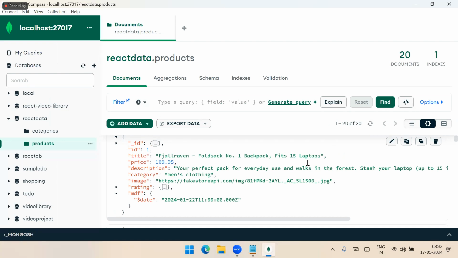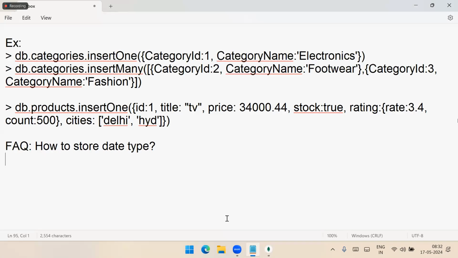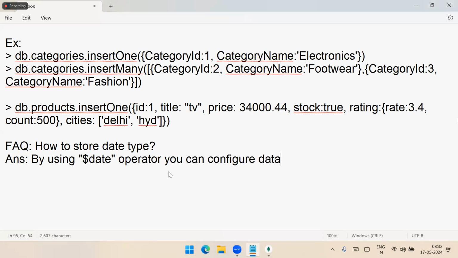Usually, how do we store the date? How do we manage the date? Generally, to store the date, we need to configure it like this. The answer is by using the $date operator. You can configure date and time. So, syntactically,